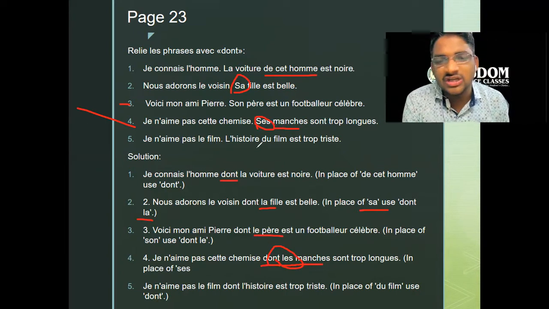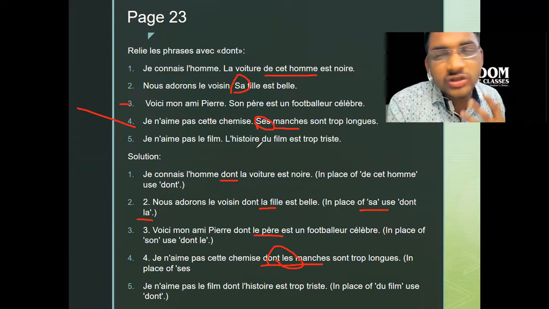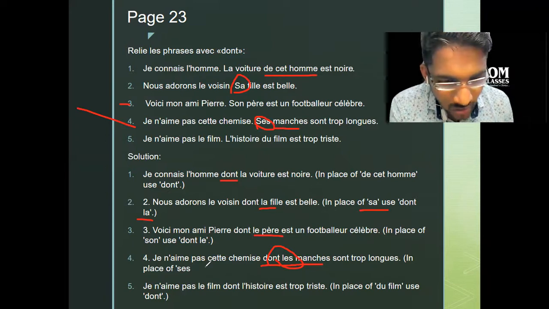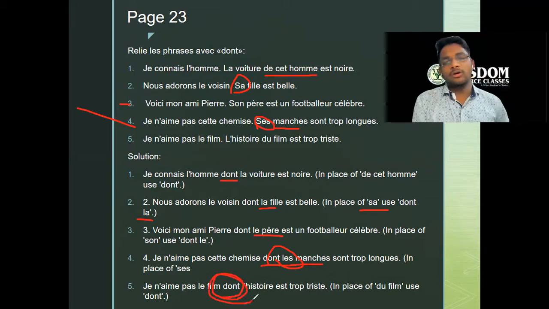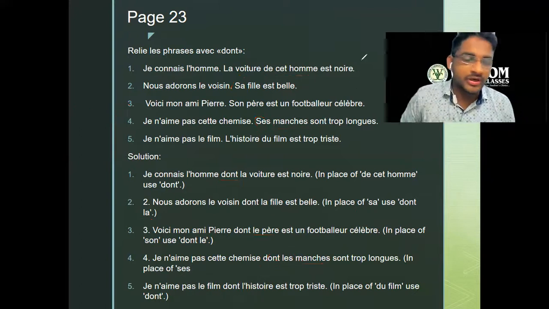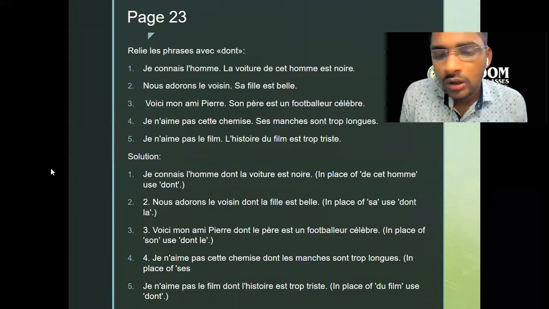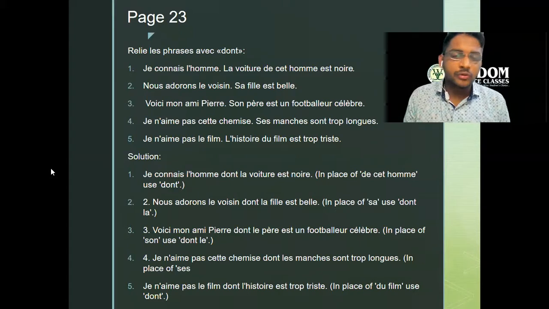Le film est trop triste. The story of the film is too sad. So I do not like the film of whom the story is too sad. चलो बढ़िया है बच्चे लोग, आप लोग को समझ गया है। कॉपी कर लो अच्छे से एकदम शांतिपूर्वक।